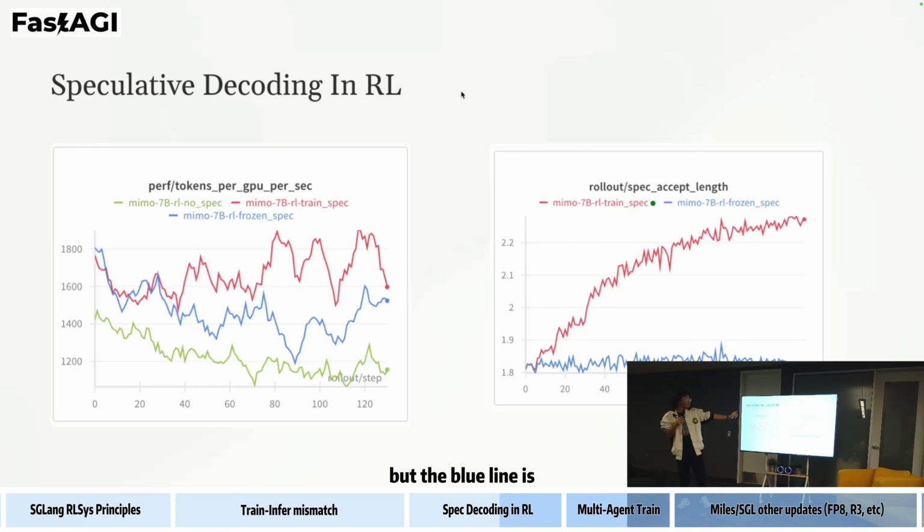But the blue line means that we froze the draft model while the verify model is being trained. Since the large model is actually being trained, the verify model keeps shifting while your draft model stays the same. Then their distributions drift apart, and speculative decoding gets slower and slower.